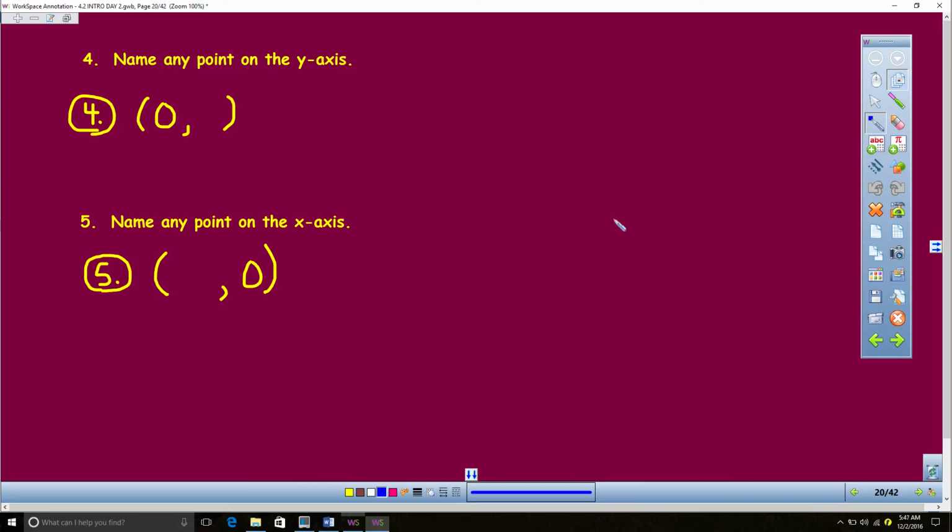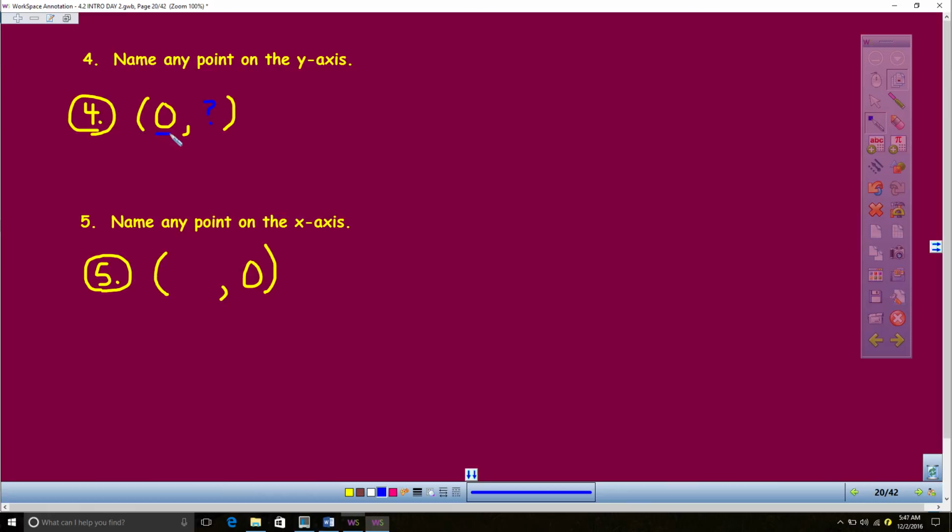I then asked you to name any point on the y-axis. So your answer should be a coordinate pair that has an x-coordinate of 0. Now, your y-coordinate could be any number. Why does the x-coordinate have to be 0? Because if you're on the y-axis, you're not to the right and you're not to the left, so the x-coordinate